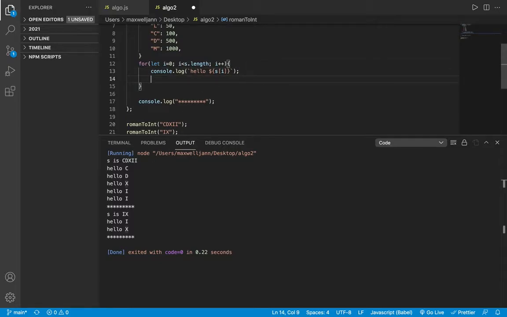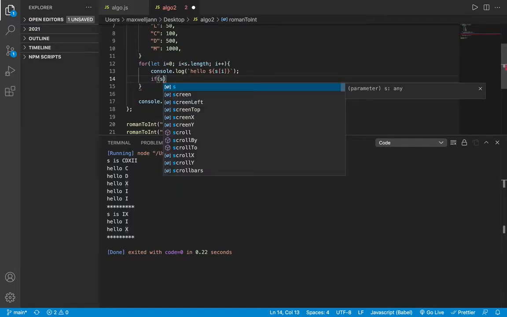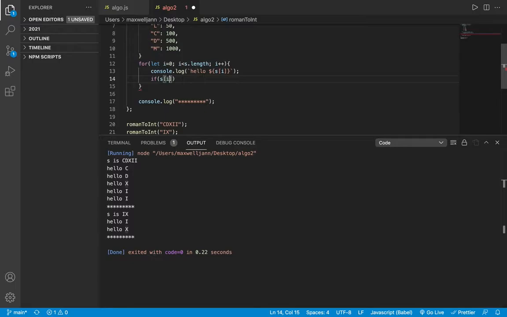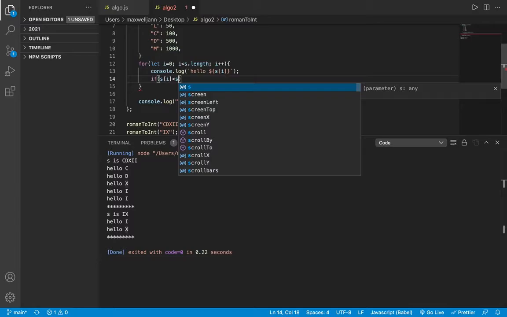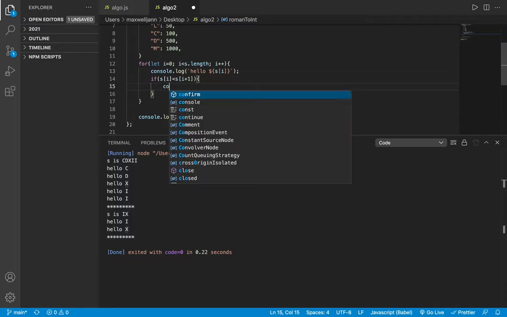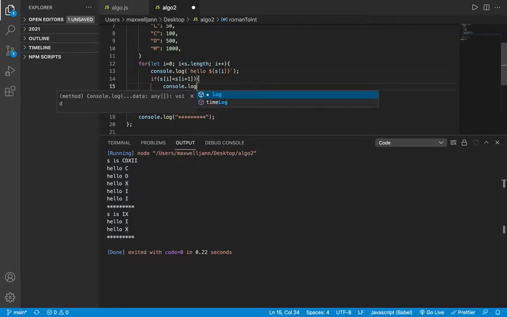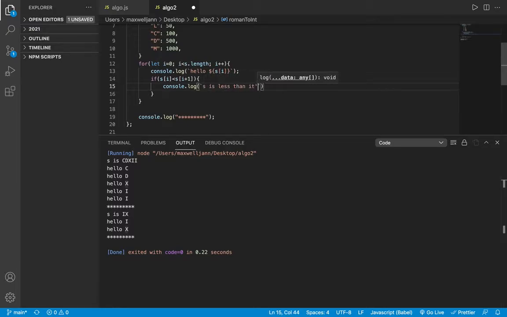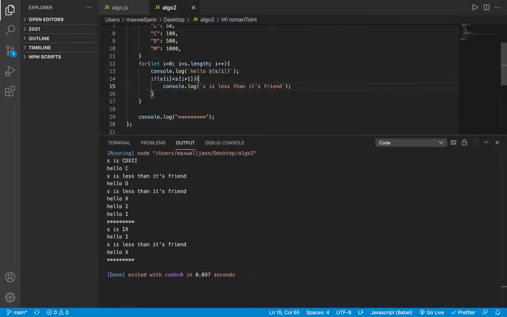So now I can say if s of i is less than s of i plus 1, console.log s is less than its friend. Okay, and now I'll run that. Hello C, it's less than its friend. Hello D,